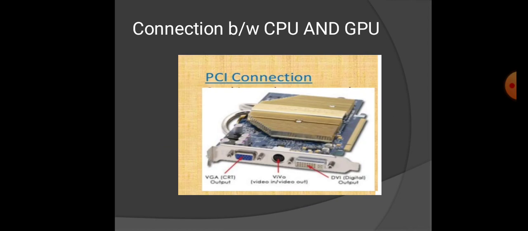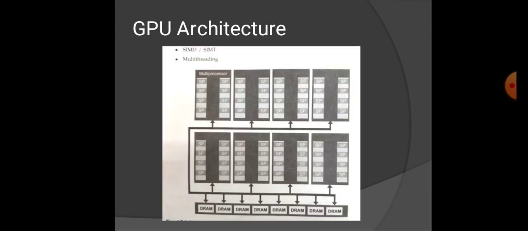PCI, Peripheral Component Interconnect Express, is an interface standard for connecting high-speed components. Every desktop PC motherboard has a number of PCI slots, so we can add GPU graphics cards. This graphics card is connected to the computer through the motherboard. The motherboard supplies power to the card and lets it communicate with the CPU. PCI Express is the newest form of connection and provides the fastest transfer rates between the graphics card and the motherboard.